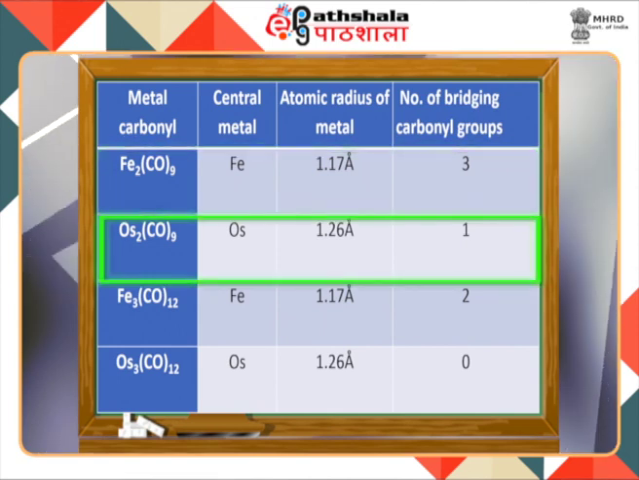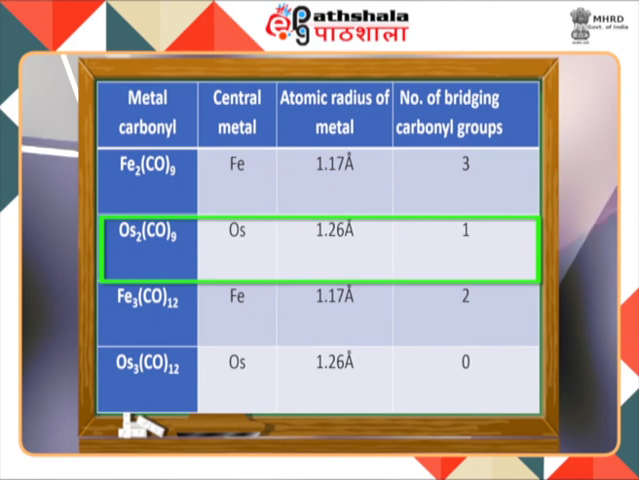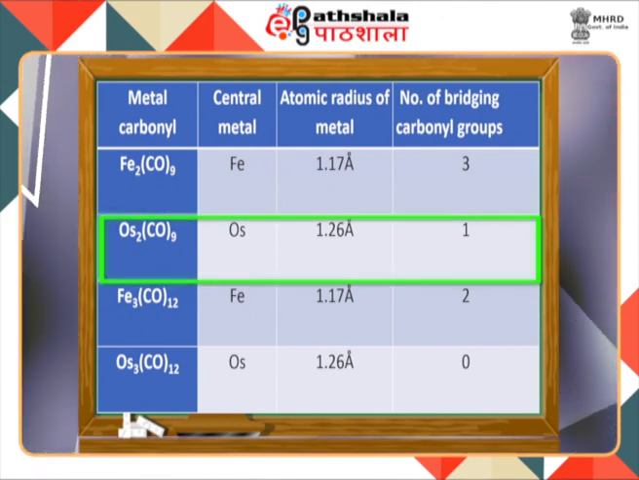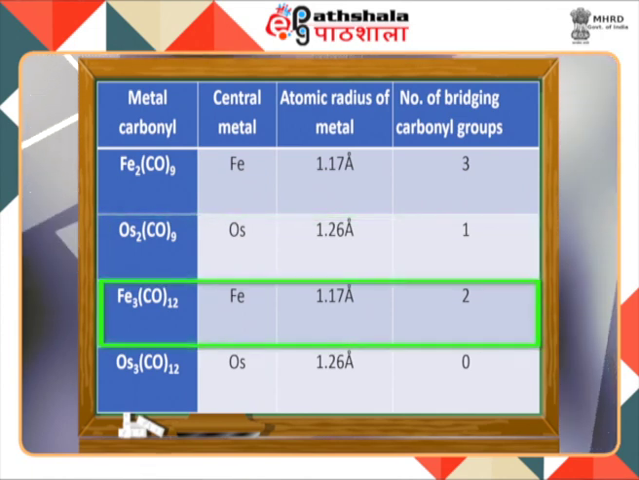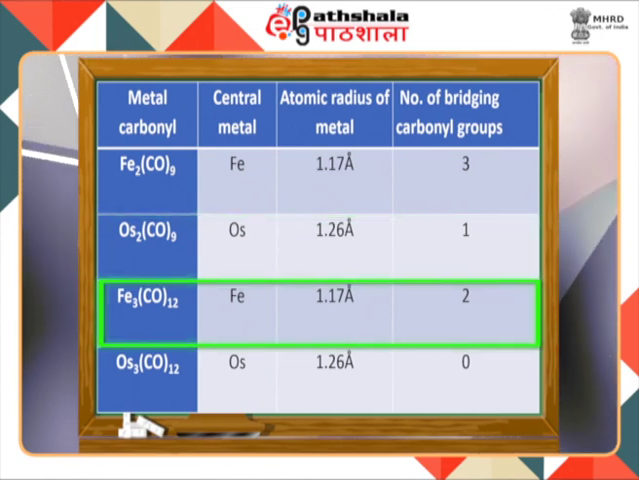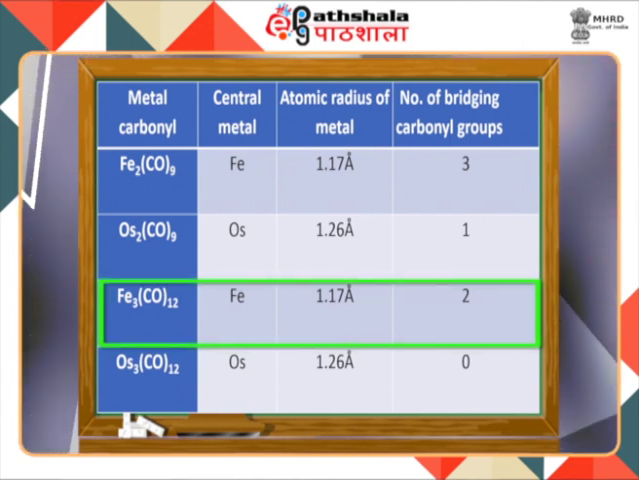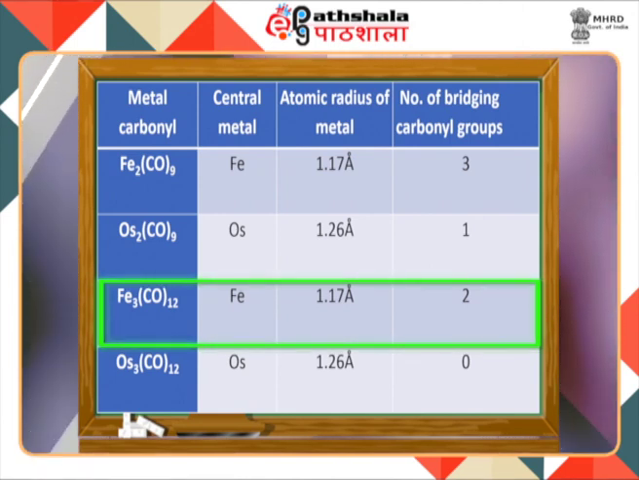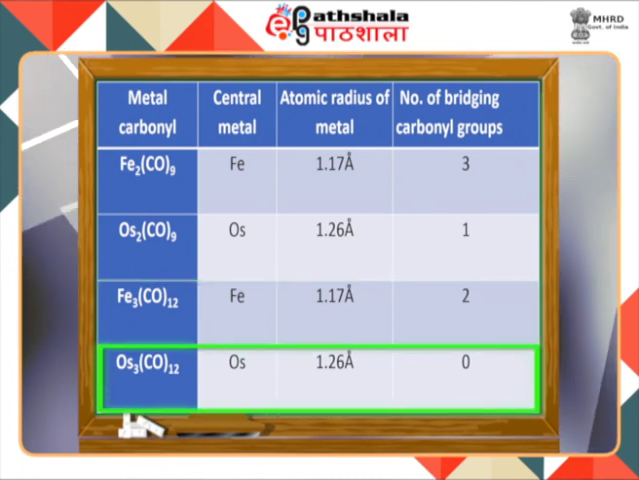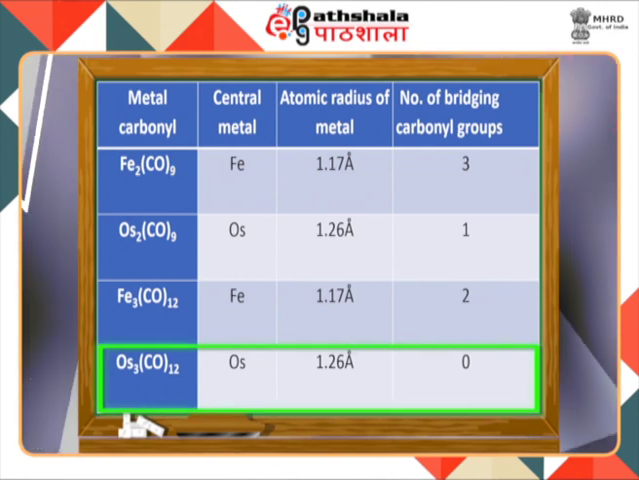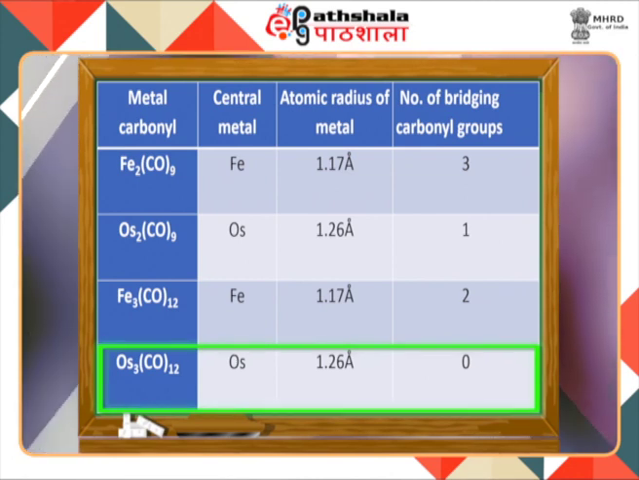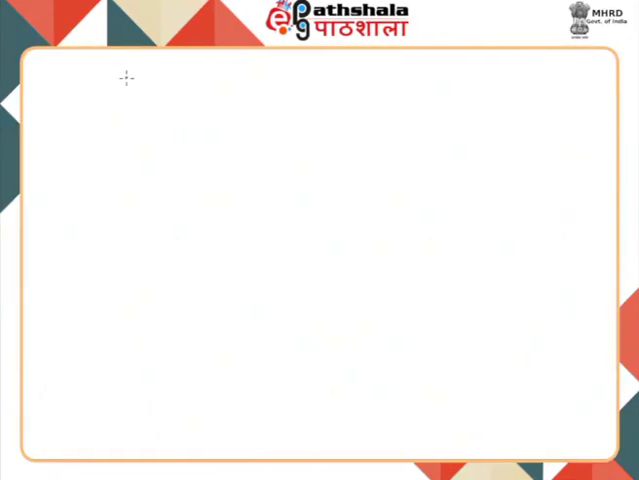For the Os2 carbonyl complex, the atomic radius of the metal is 1.26 angstrom and the number of bridging carbonyl groups is 1. For the Fe3 carbonyl complex, the atomic radius of the metal is 1.17 angstrom and the number of bridging carbonyl groups is 2. For the Os3 carbonyl complex, the atomic radius of the metal is 1.26 angstrom and the number of bridging carbonyl groups is 0. Let us try to understand the formation of dicobalt